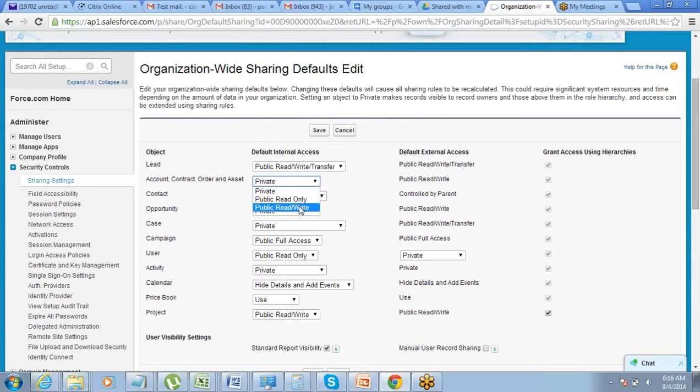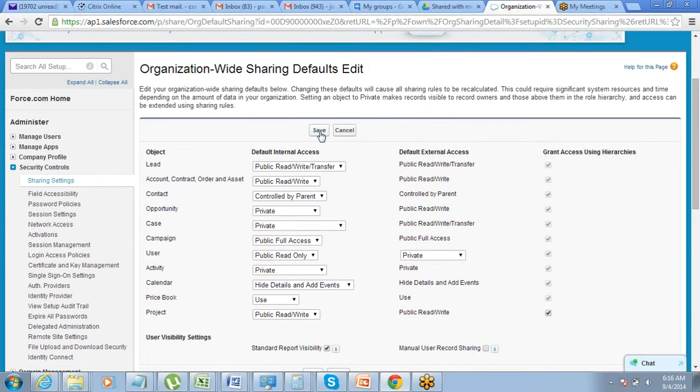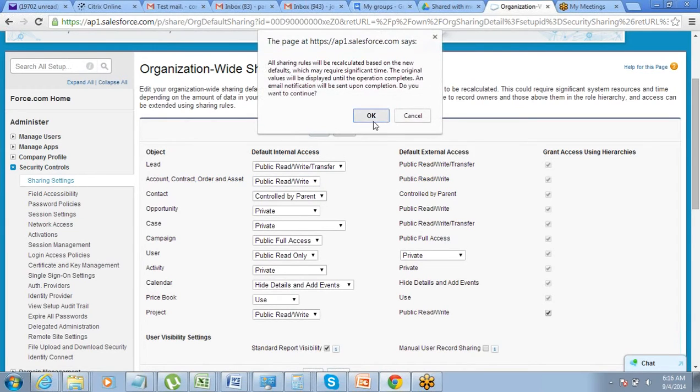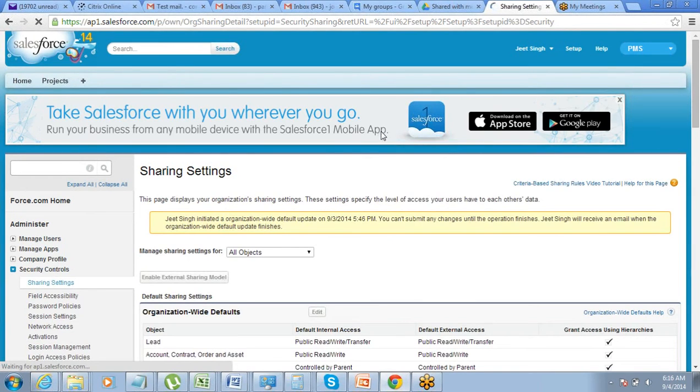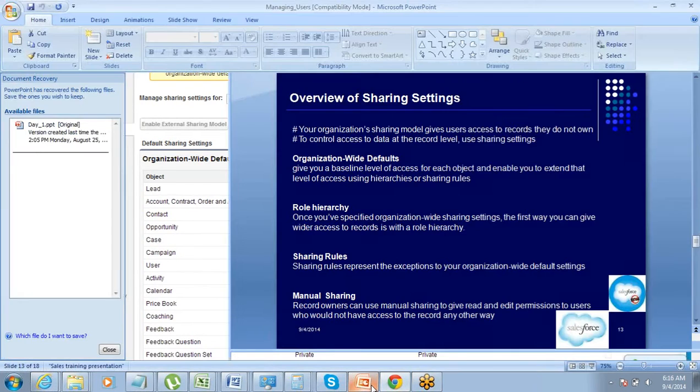In public also you have two options, public read only and public read write. So others can just see the data or they can edit the data as well. Public read write will allow the others to edit the data. Got it? So that's about our organization-wide default, OWD. Are we clear on this?